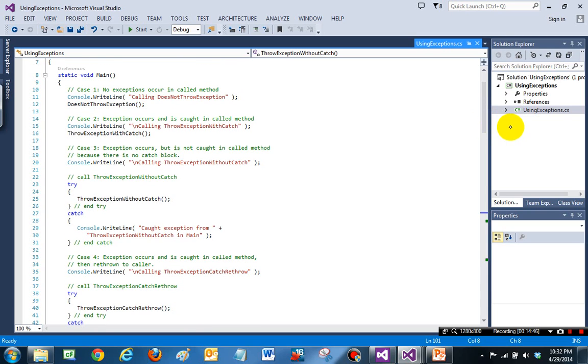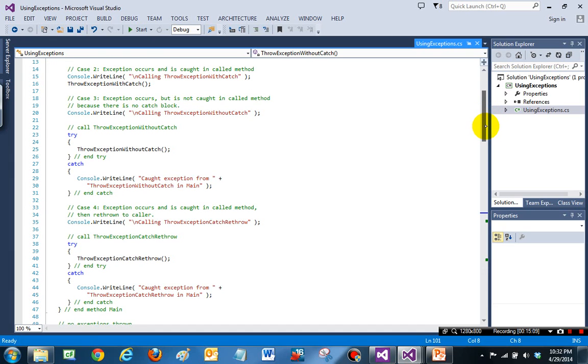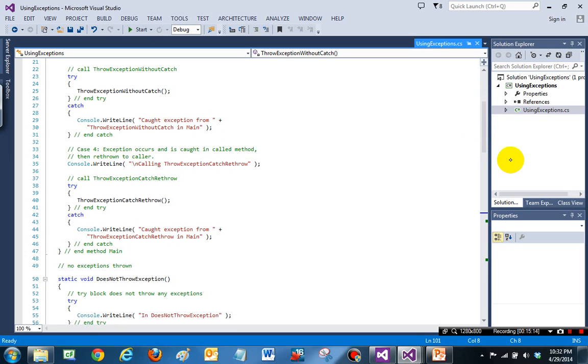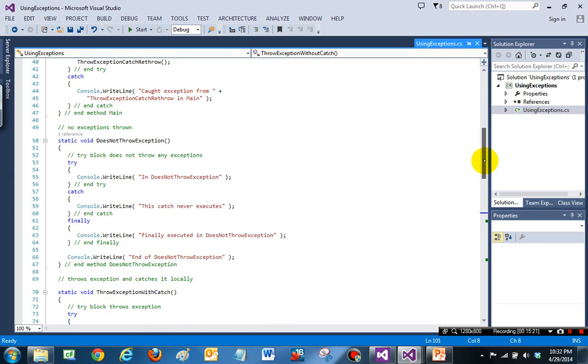The third one is the method that does not handle the exception, so we call that method that throws an exception without a catch block. And the fourth one is the method that does a rethrow. And here are